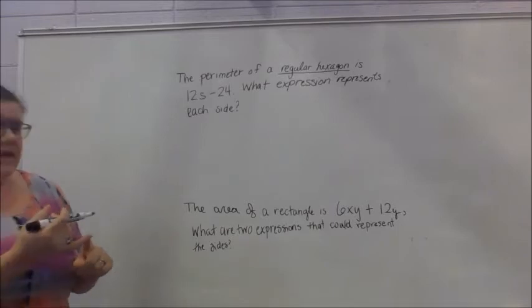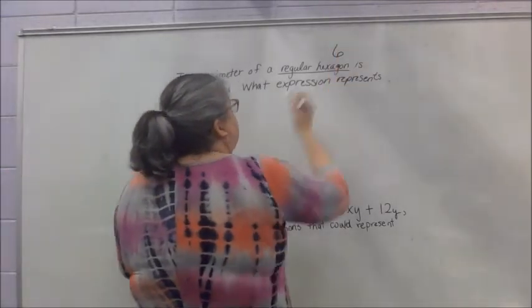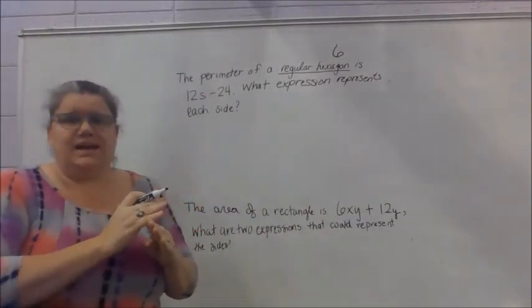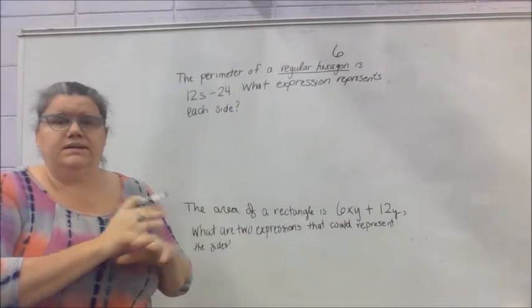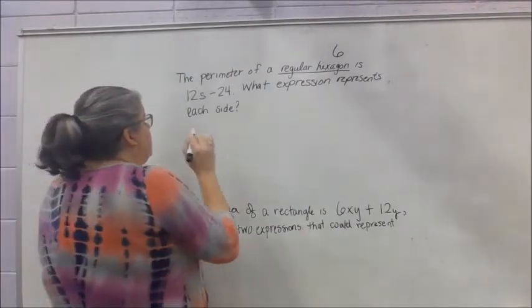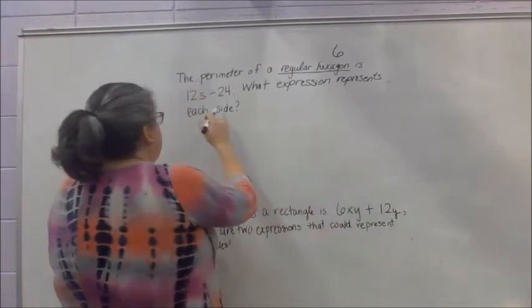Well, first off, a hexagon has how many sides? It has 6 sides. And a regular hexagon means all the sides are exactly the same. Regular means that all the sides and angles are equivalent. So here, basically what I'm going to do to get the expression that represents each side is I'm going to